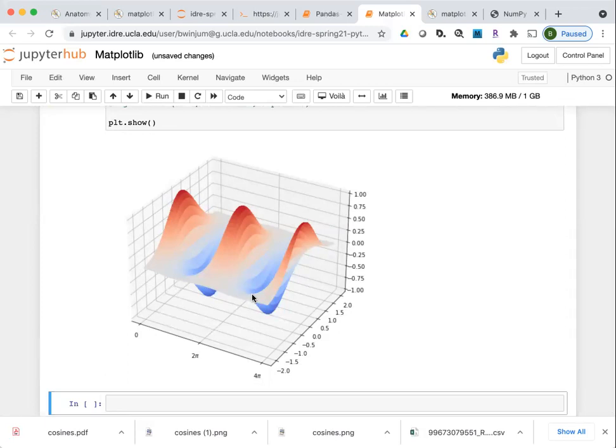So I went through the end of this a little bit quickly, just in the interest of getting to the next notebook. But I'll pause here and ask if there are any questions before I head on over to Pandas and Seaborn.